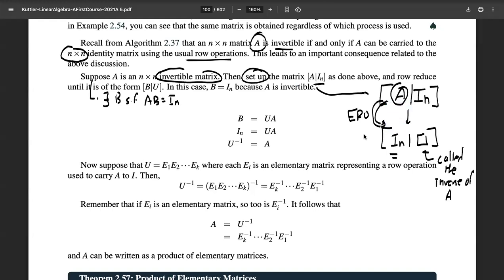When we compare this to the example we just did, we did not want to reach this point, but we wanted to reach B. In this case, if B is the identity, that means what we have here is, I guess this is a very convoluted way of saying that